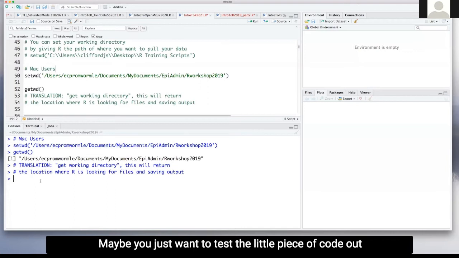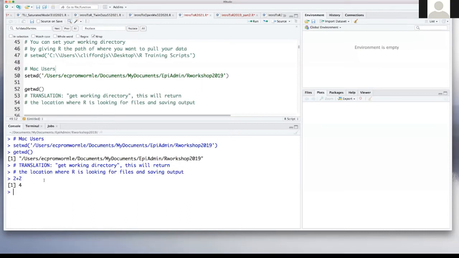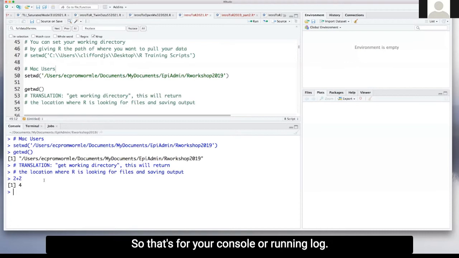Maybe you just want to test a little piece of code out and you don't necessarily want the code to last in your editor and be saved. So you just test it out in your console, like I'm doing here with 2 plus 2, and I'm saying it's 4. So it's something that you can do for small pieces of code that you want to test. So that's your console, or running log, and a place where you can test. Permanent things should be written in your script,